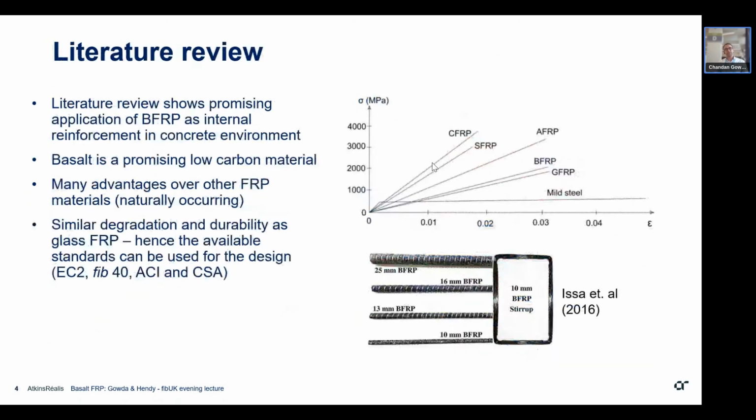One of the ways of addressing this is by using a naturally occurring material as an internal reinforcement, and basalt fiber reinforced polymer is a naturally occurring material, and the manufacturing process was presented by Rabi a couple of minutes ago. So it is a low carbon material. It has many advantages over other fiber reinforced polymers like carbon, aramid, and glass. As Rabi also mentioned, we don't have a lot of standard codes available to design this. However, we have an advantage of basalt being very similar to glass in terms of performance and degradation. So the available standards, which are Eurocode 2, fib 40, ACI, and CSA codes, can be used to